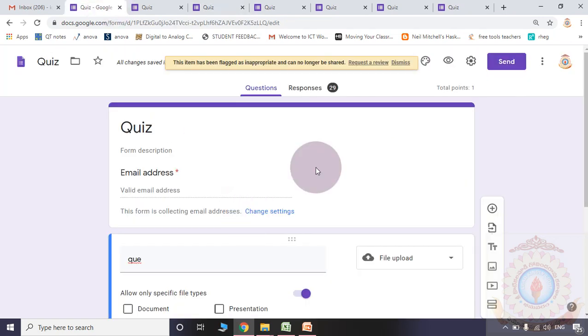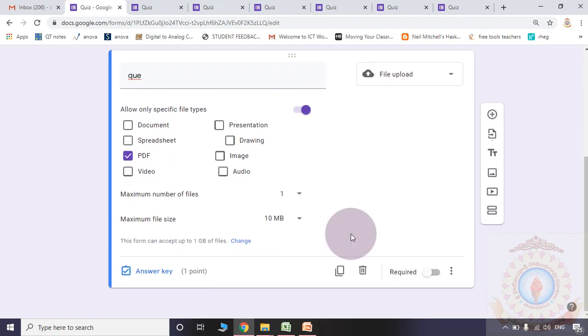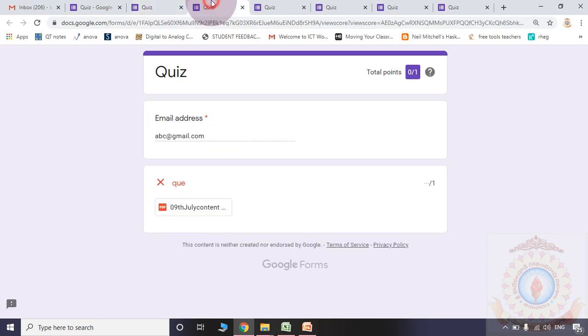Let us go to the form. In the answer key, please observe, 1 point was selected already. We have clicked 1 also. But please observe, after uploading the document also, 0 by 1 is showing.